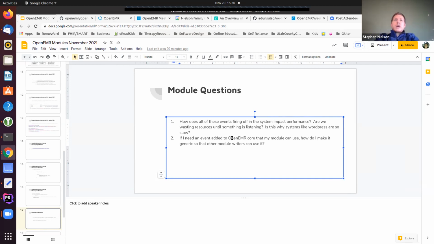If you're concerned about performance, there are a couple of things you need to pay attention to when you're working with a module. One is to be very careful when you're doing network requests. Anytime you do an external API call, outside of OpenEMR or even in OpenEMR, you're going to slow down because it runs on every page request.